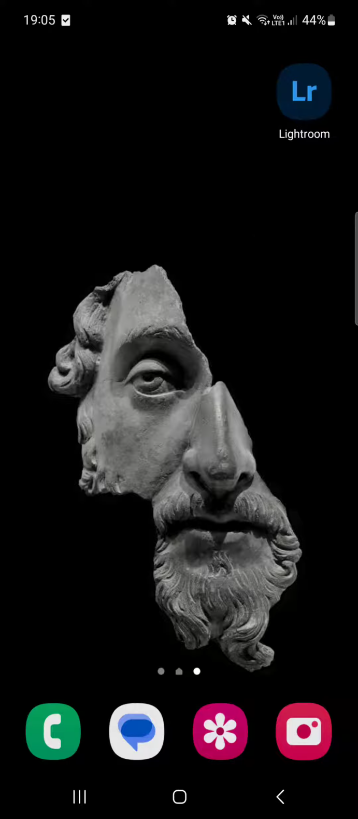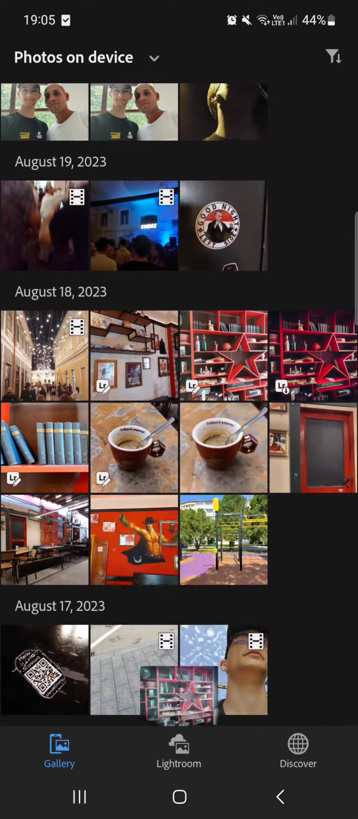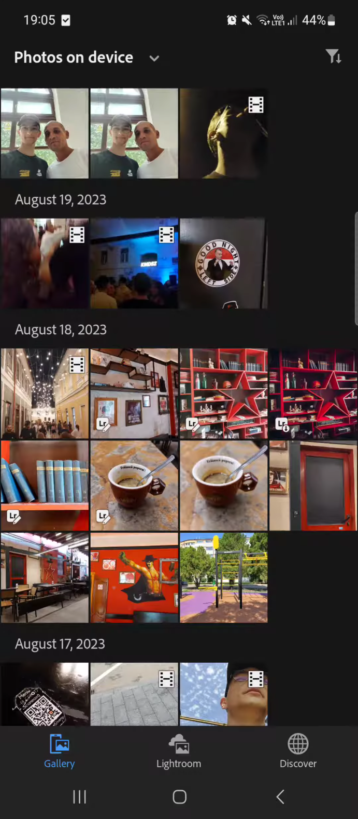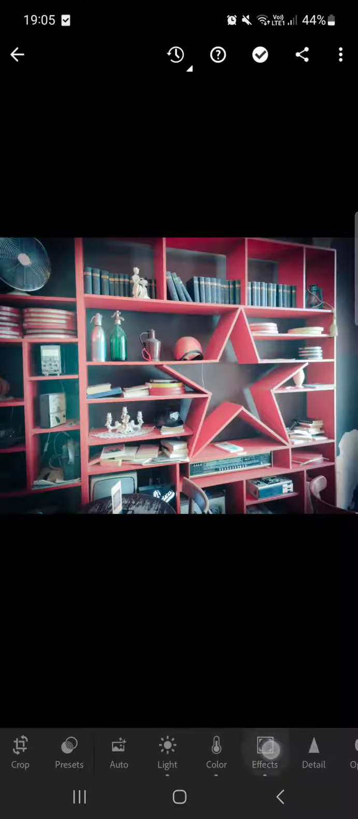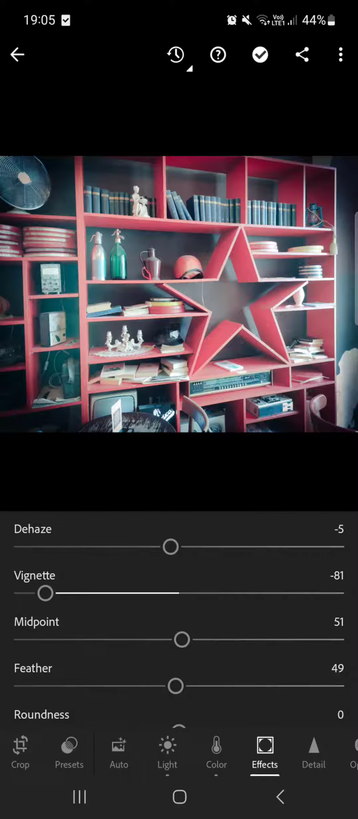First we have to open up the Lightroom app, and here it usually opens up in the gallery. We have to select a picture that we want to edit. Let's say it's this one. Here, after the picture loads, in the bottom bar, we have to select Effects. We tap on Effects, and here after we set the vignette, either to the left or to the right, we